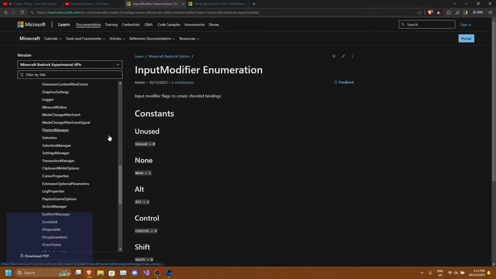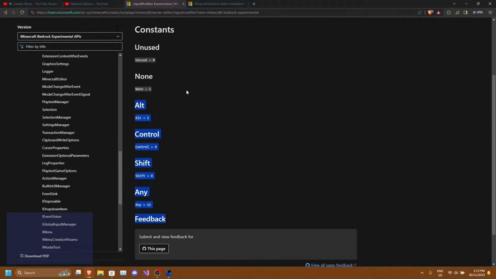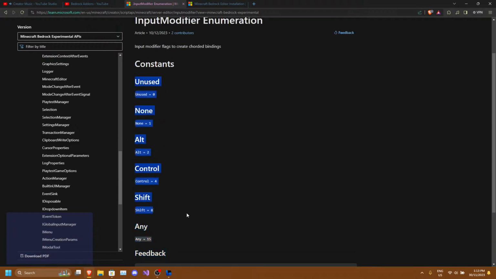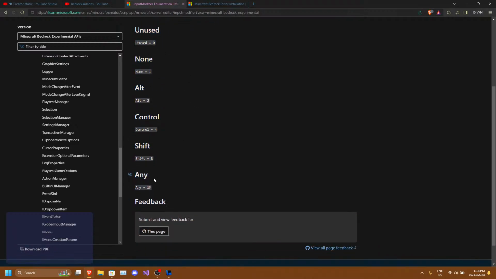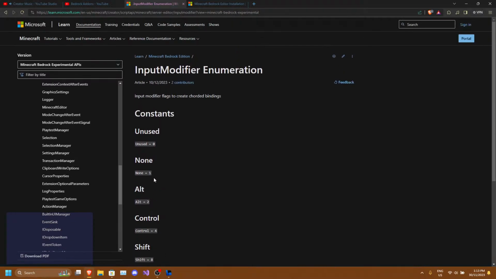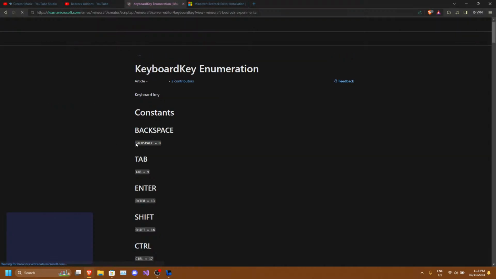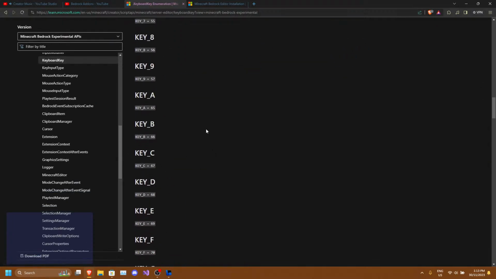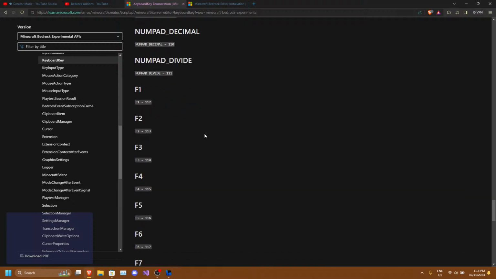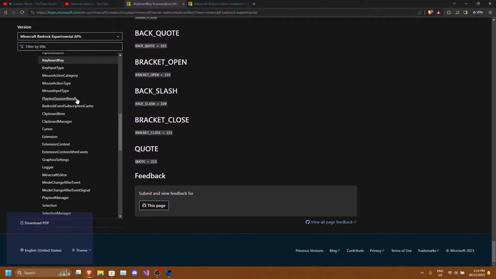Interesting. Oh, and we can listen to keybinds as well. Unused, none, alt, control, shift, any. Interesting. Wonder what other keybinds that we can listen to. Yep, there's the entire keyboard for you. Oh my gosh, that is insane.